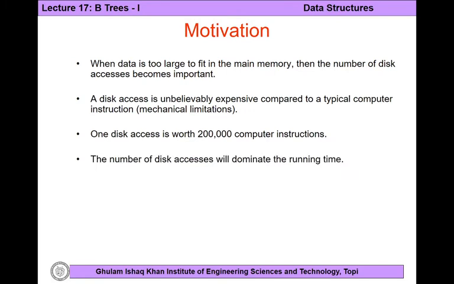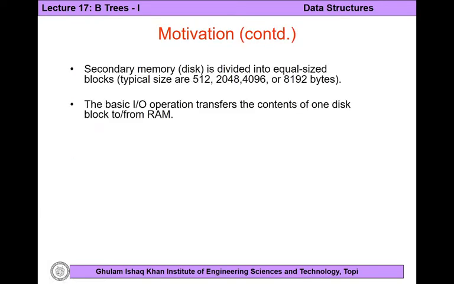To quantify the comparison between the RAM and the hard disk, during the time required to perform one input output operation on the hard drive, we can perform 2 lakh instructions in the RAM, approximately, right? It's not exactly like this, but it is an approximation, which is a huge amount. So it shows the slow performance of the hard drive, right? So based upon this motivation,